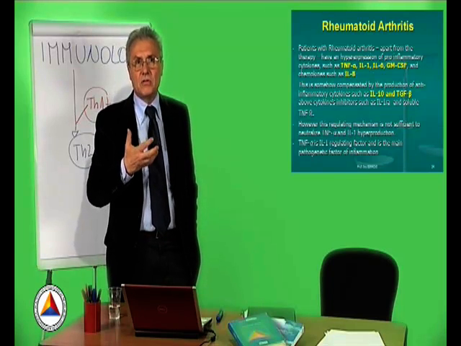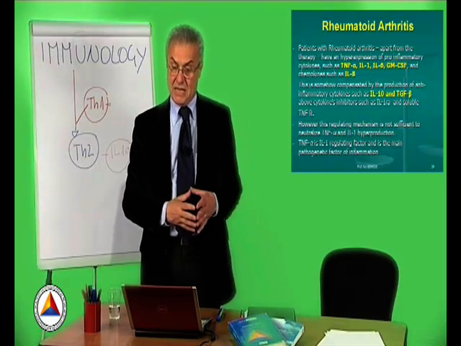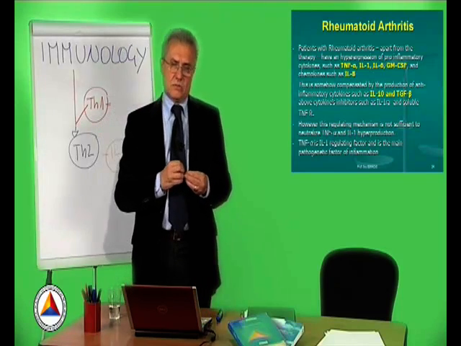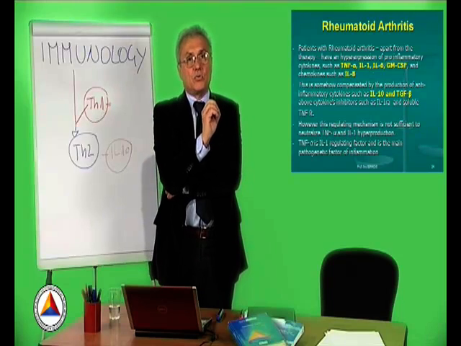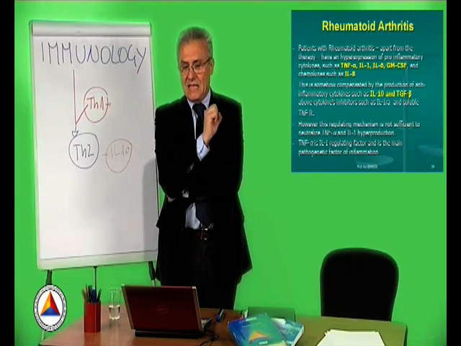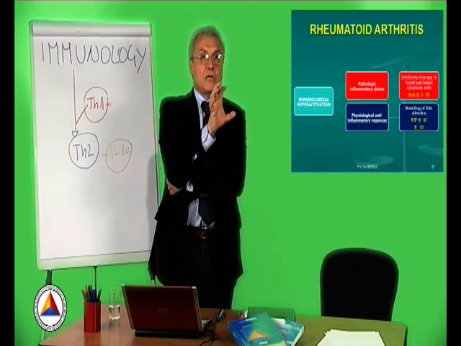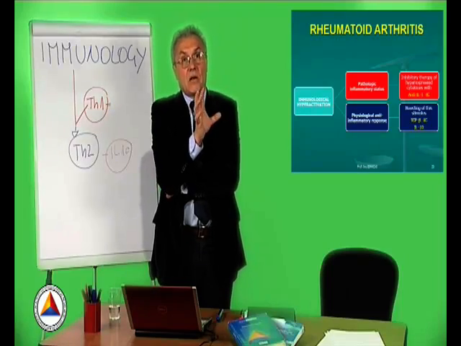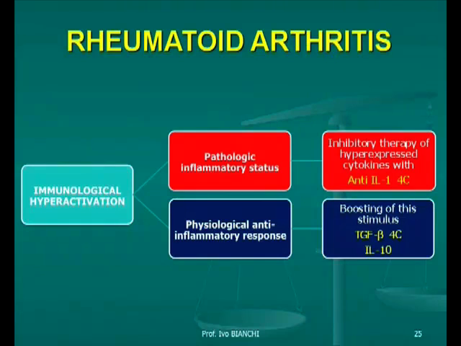In this disease, we must first understand whether the problem is mainly the inflammation, i.e., the extent of the inflammation, and in this case we must inhibit the overexpressed cytokines. For instance, one overexpressed cytokine in these situations is interleukin 1, and we must therefore take action if the problem is mainly an inflammatory problem. With the anti-interleukin 1 4C, 10 to 20 drops 3 or 4 times a day.